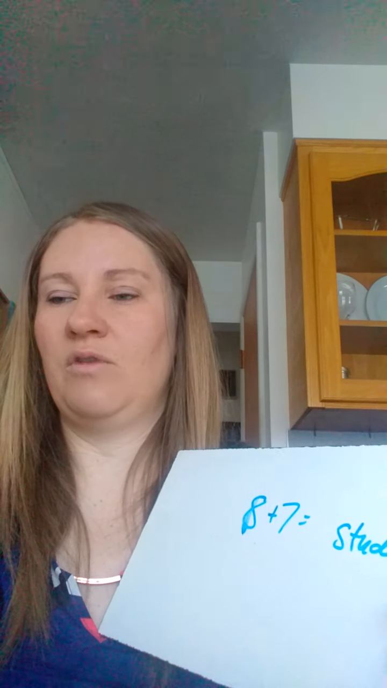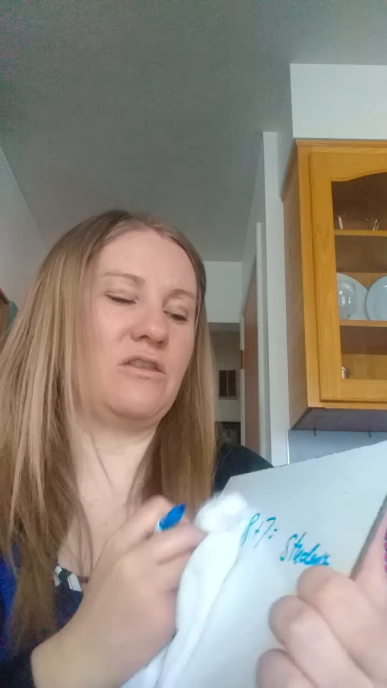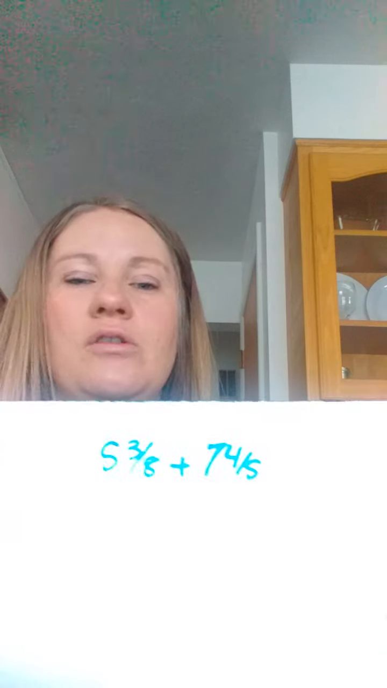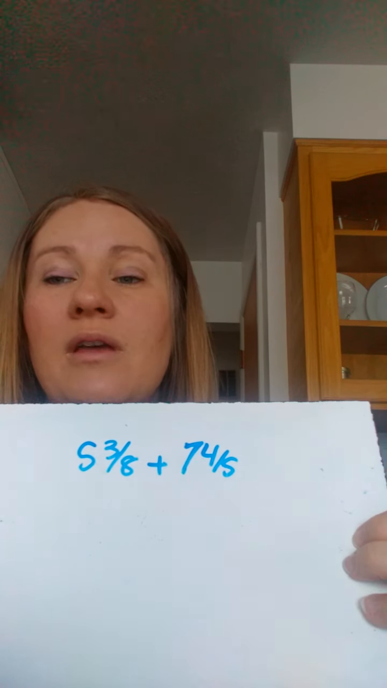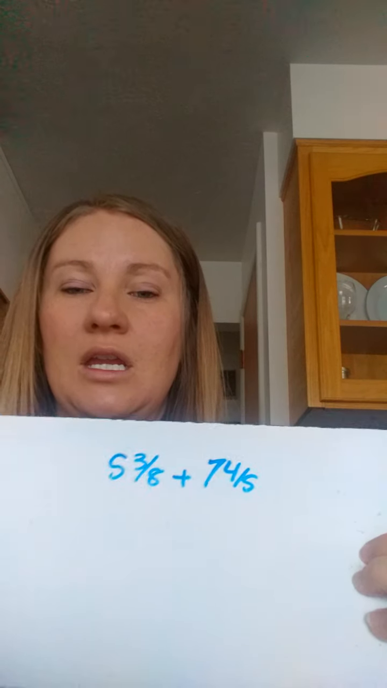All right, so we'll move down here to number 10, our last problem. The mixed numbers, 5 3/8 and 7 4/5 do not have a common denominator, but we know that their sum is between which two numbers. So we can clearly see